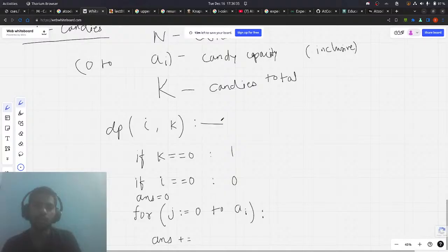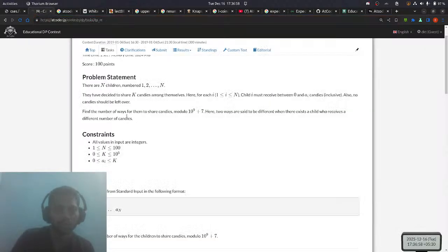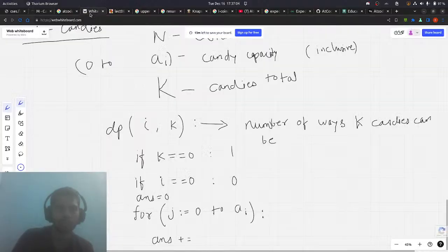Basically what this dp gives us is the number of ways k candies can be shared among I children,